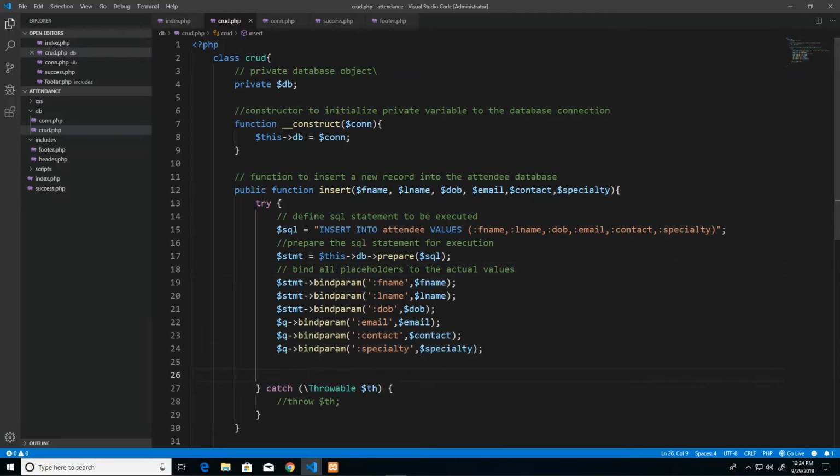And the final thing to do, oh, sorry, I made a mistake with my object name. I had the code written somewhere else and I copied and pasted. So I've gotten that corrected. All right, so now that we've bound all of the placeholders with our actual values, the next thing that we